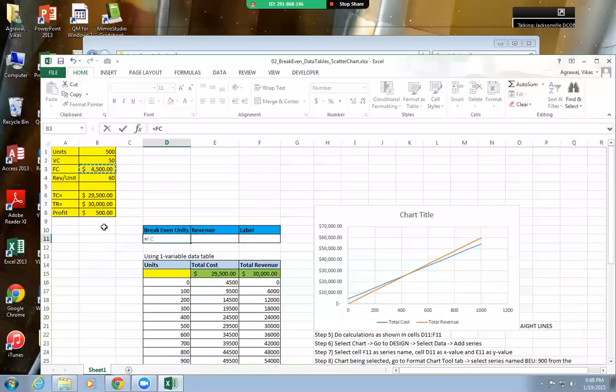I'm just gonna pass on that reference. Divided by open parenthesis, say revenue per unit is 60, minus variable cost. Right? So it gives you 450.